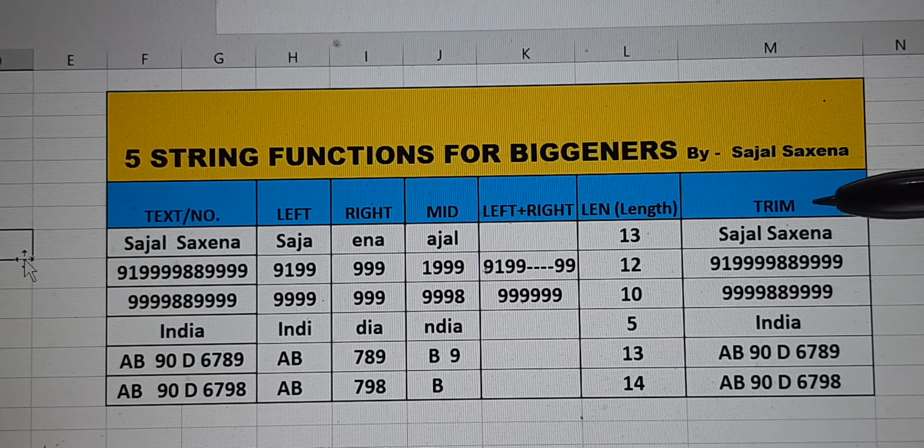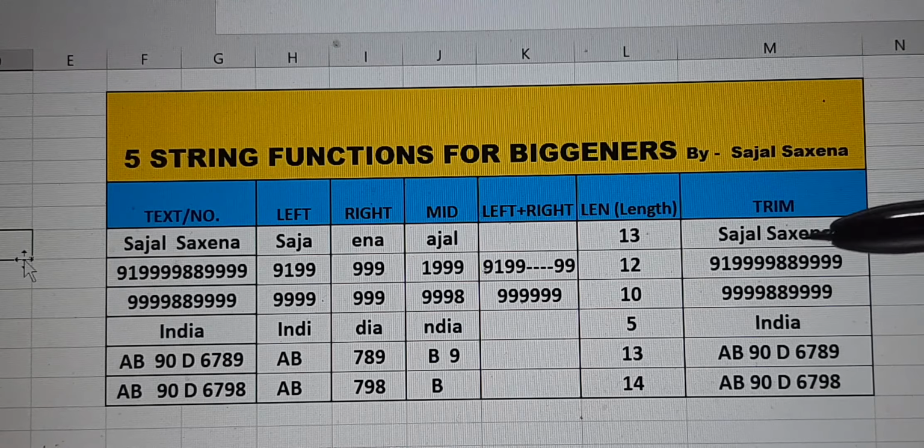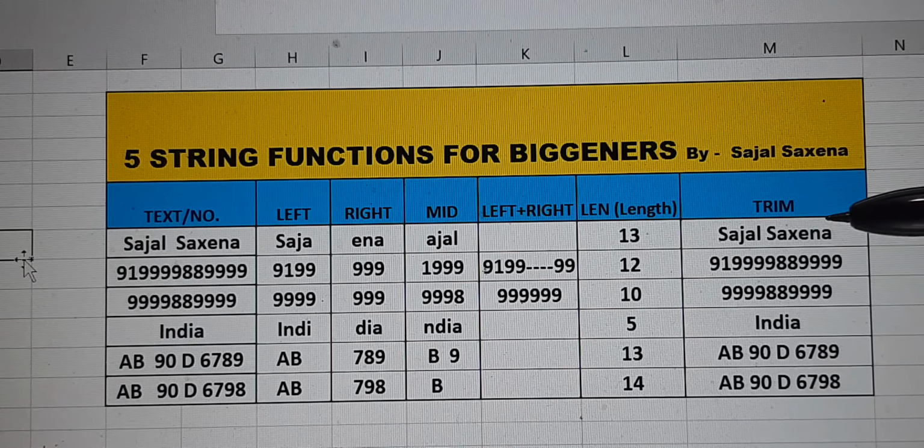Then we have a function called trim. When you have maintained your database in an unprofessional way, or without maintaining the basic hygiene of Excel, to get the desired result in the most organized manner, we use this function of trim.